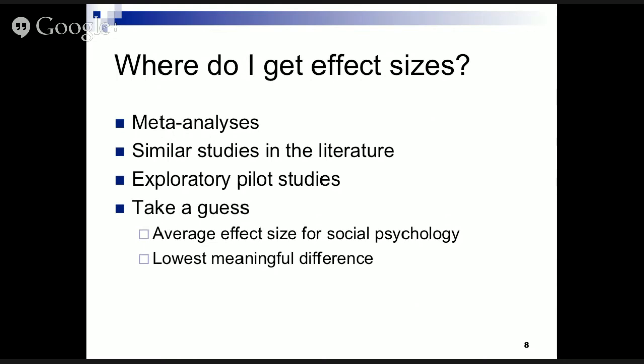And this is an educated guess rather than just a shot in the dark. And so there are kind of two options. One is to use the average effect size. Some disciplines have done meta-analyses looking at what the average effect size is. I mentioned that there was a meta-analysis that looked at the average effect size across social psychology, and I believe the average effect size is a Cohen's d of 0.3. So that can be a place to start if your particular discipline has done some research looking at the average